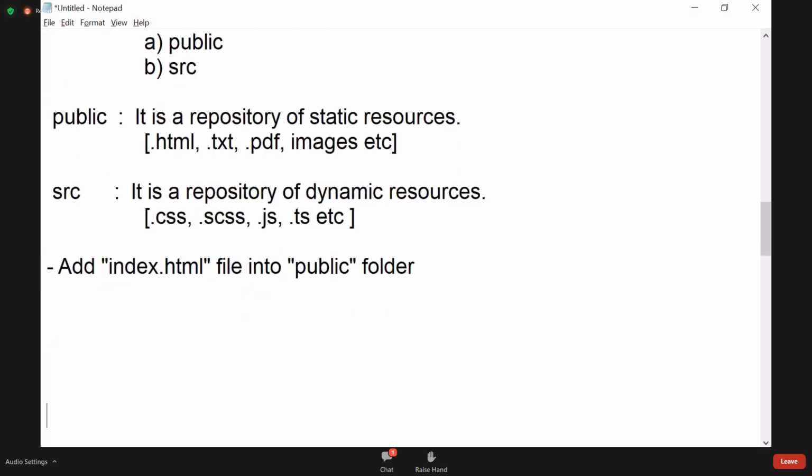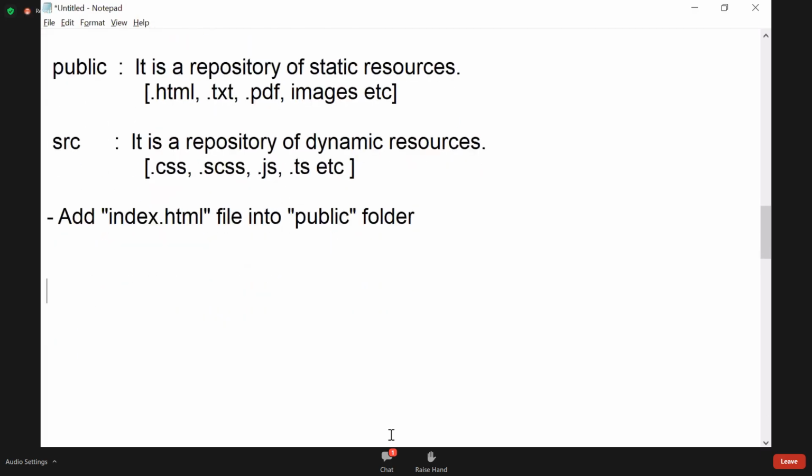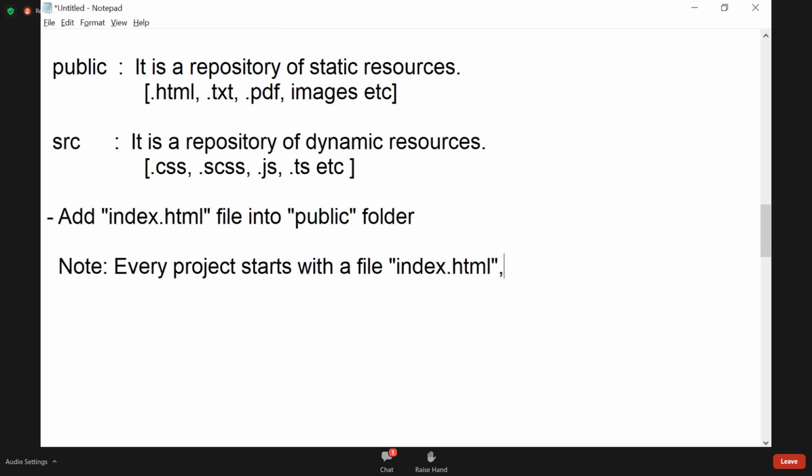What is HTML? What are HTML files? We will discuss all that in detail now. Remember, every project starts with a file called index.html. index.html is the startup file. It is the startup page, you can say. That means whenever you open a website,